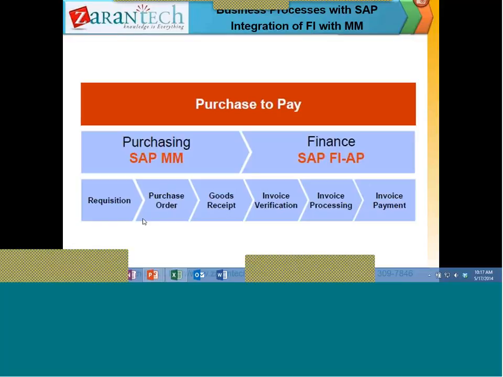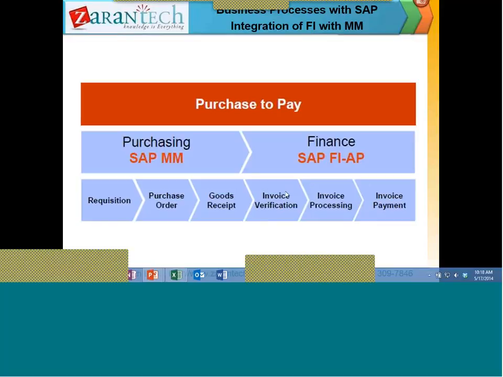As soon as you create the purchase order, SAP knows all the purchase order details. Then once you receive the goods, the purchasing department enters the details into the SAP. Then we have the purchase order and good receipt. Once you receive the invoice, you enter the invoice, it automatically checks all the three components, and the SAP will say, okay, there is a conflict between the invoice, and immediately the SAP will block it.